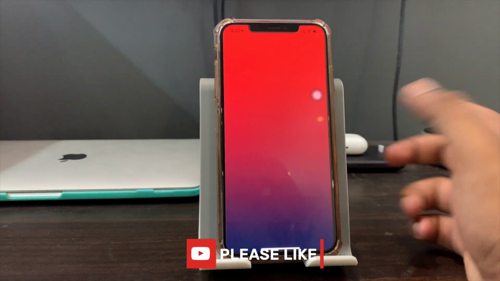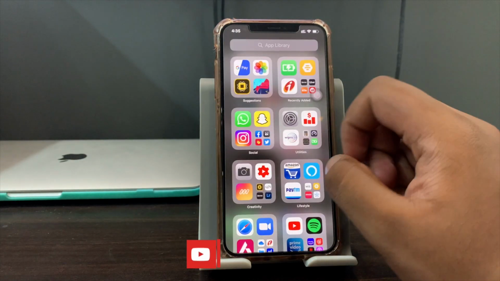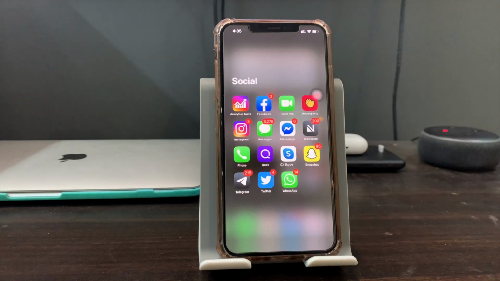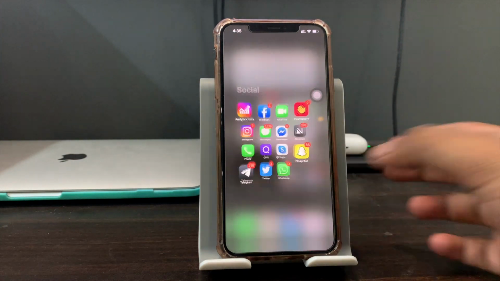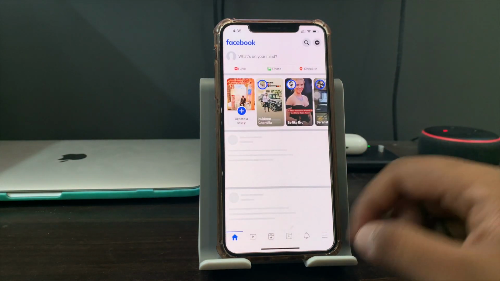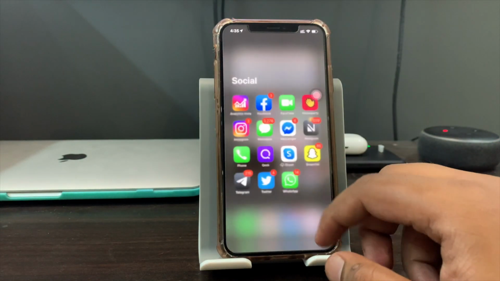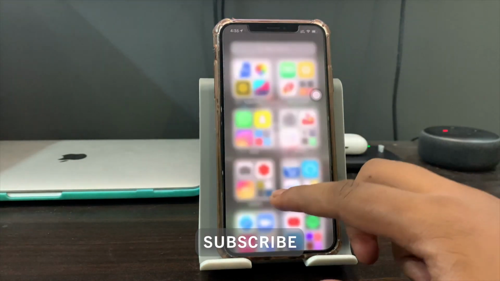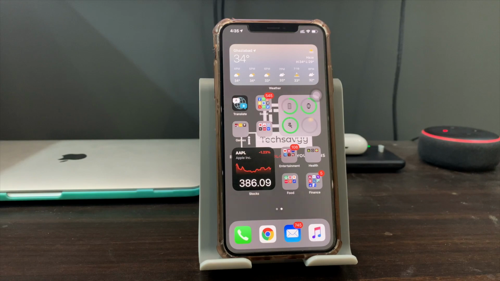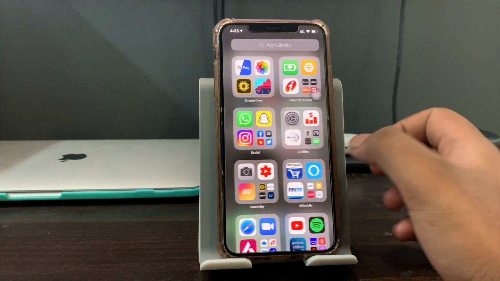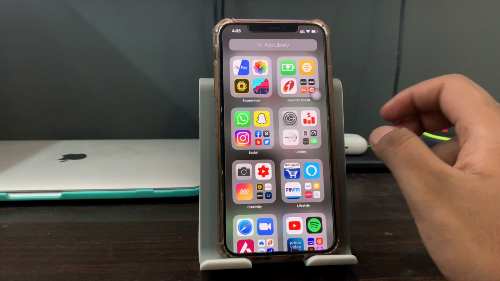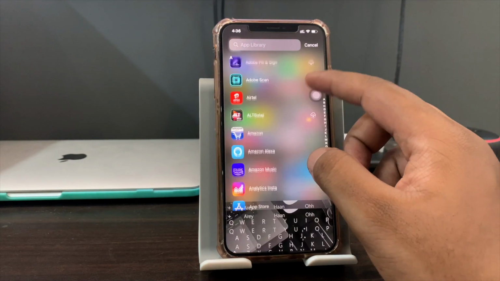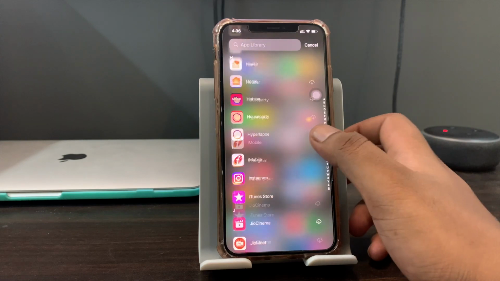If I talk about some other app like this, you can see for the other apps which are not enlarged, I have to click on the category and then I can access the app from here. Let me close all this. Also, the next good thing about the app library is that you can swipe down and now you have all the list of icons from the app library.